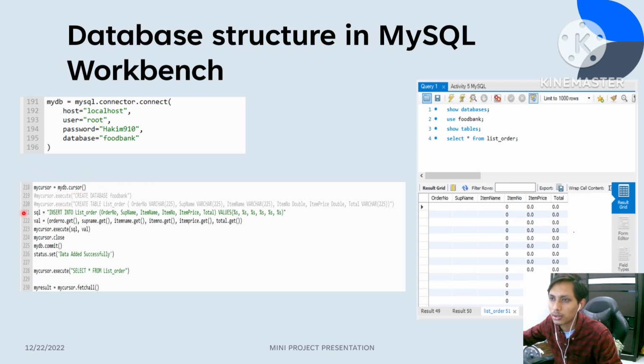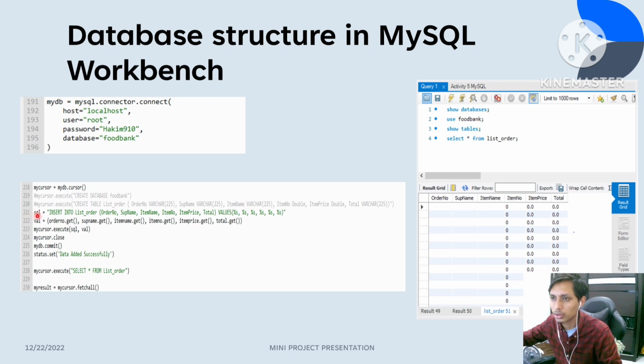These two parts over here that have been commented out are first, create database foodbank, which we already created, and second, create table listorder, which we have also created. That's why we commented them out. So create table listorder